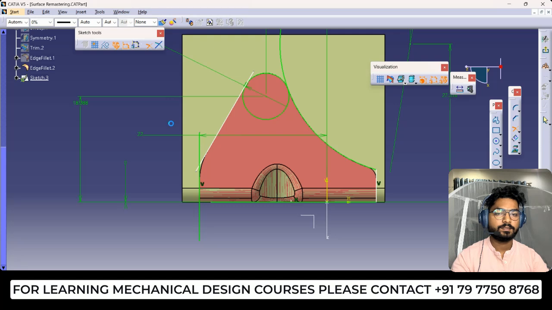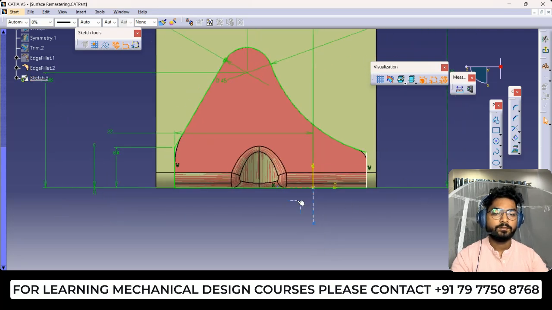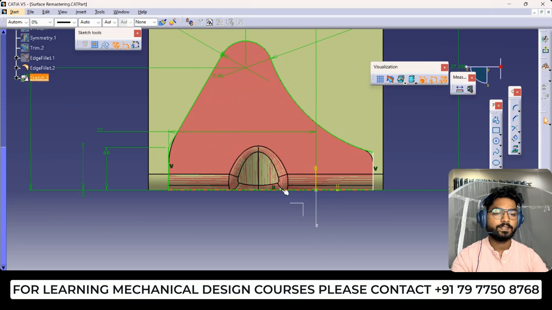Then trim and extend this, then trim and extend this, and trim and extend this. Okay, now here dimensions are pending, this dimension. Okay, so now fully constrained. Now one thing we have to do, this face we can open either this and this. First I'll give the dimension. So this face either we can open, because otherwise it will overlap when I am creating the surface. Okay, we'll turn this into the construction,